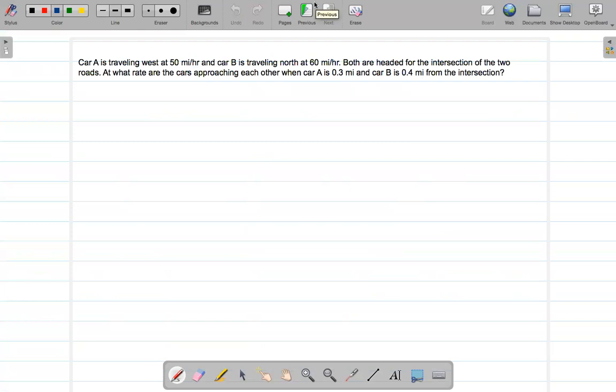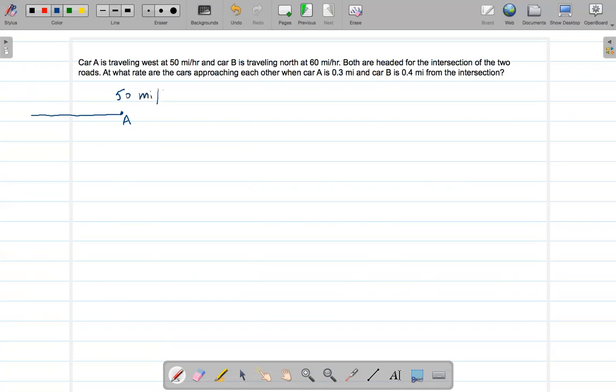Okay, let's do this problem now. Again, let's draw a picture. A car is traveling west. Sorry, car A is traveling west. So west means this direction. There is a car A, which is traveling west in this direction at the speed of 50